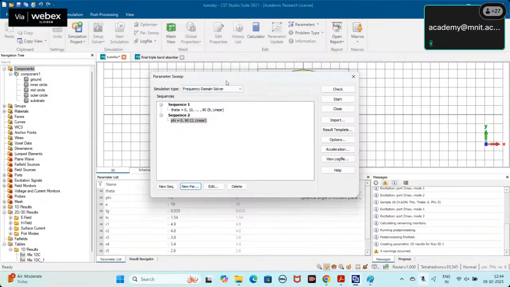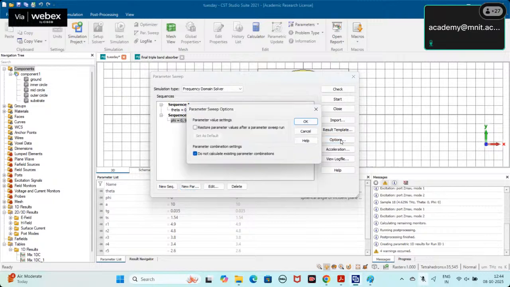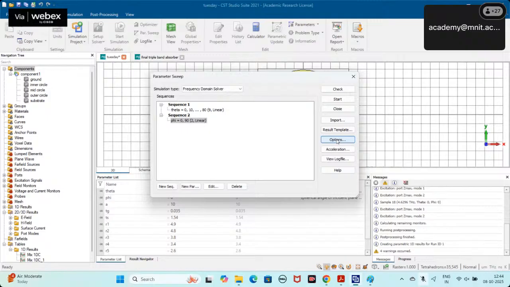And one thing is very important. Just go to this option, this one. Go to this option. Suppose your theta is running, and it will end at theta equal to 80. If it ends at theta equal to 80, that means in the parametric list,